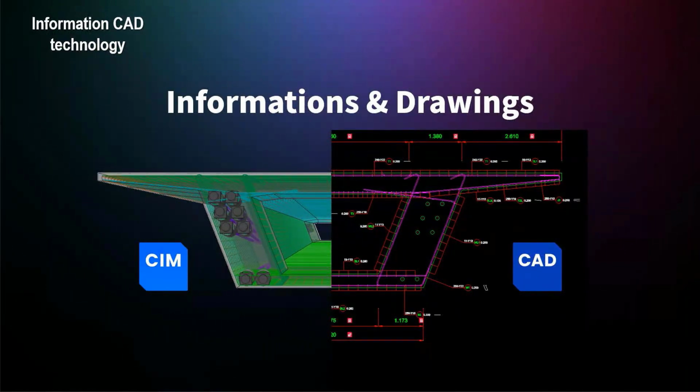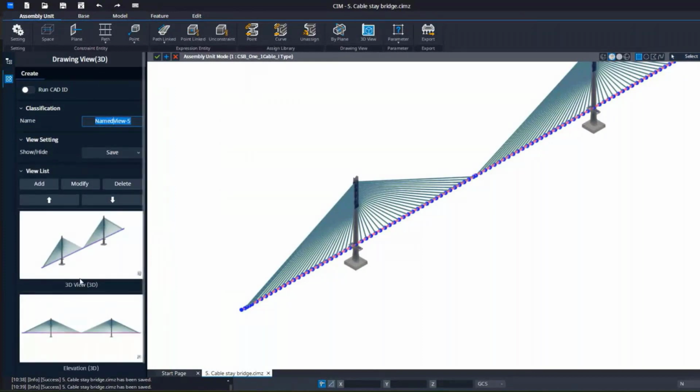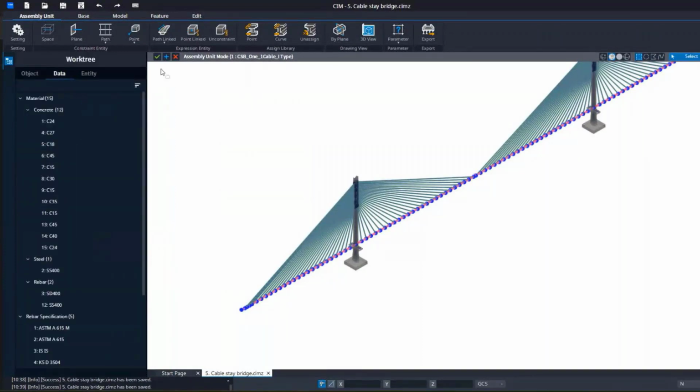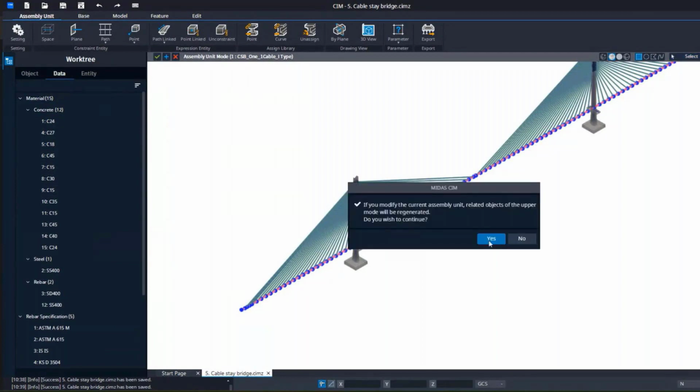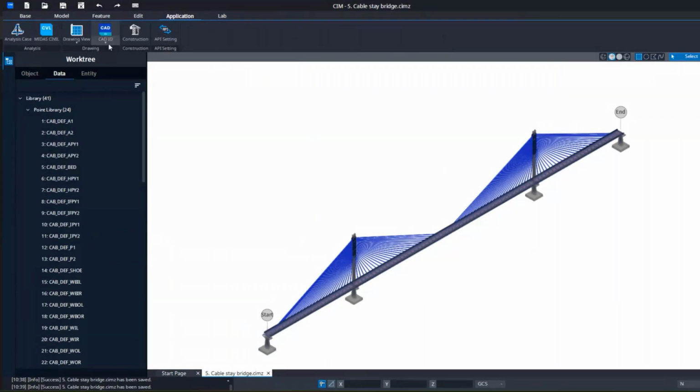Now let's jump into a little bit how the interaction of CIM and CAD. Let's say that you have this model in CIM. The only essential difference is that MIDAS CAD has an extra layer of model information, which is the 2D drawings, generated based on the 3D models. As you can see in the video,